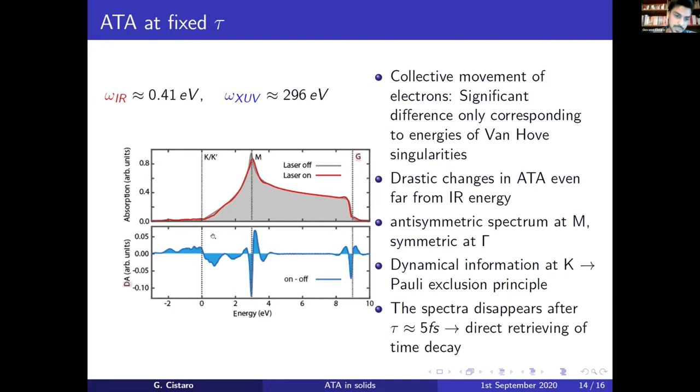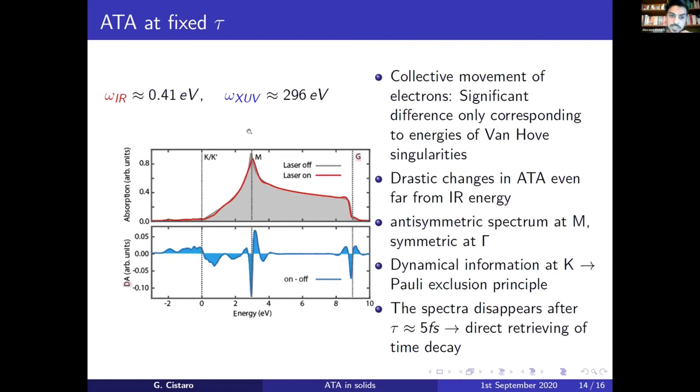that is close to the Fermi energy, so this part, because when the electrons are pumped with the IR from the valence to the conduction, when the XUV comes, we can inject less electron from the core bands, so we see a decrease of the absorption spectrum. And the same can be said for the valence band. This is just a matter of the Pauli exclusion principle.